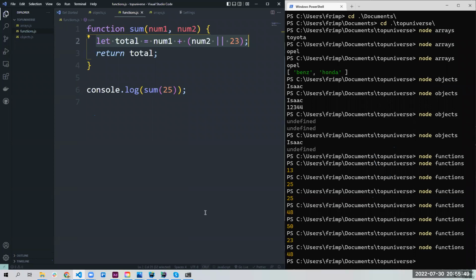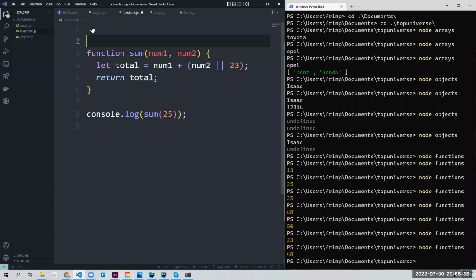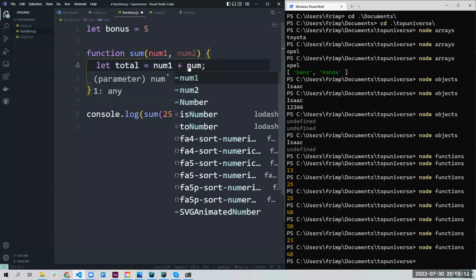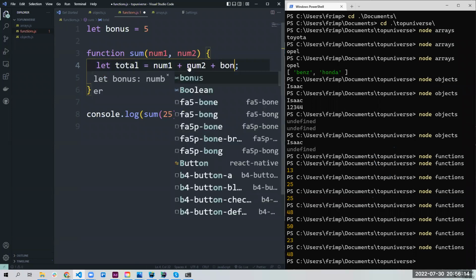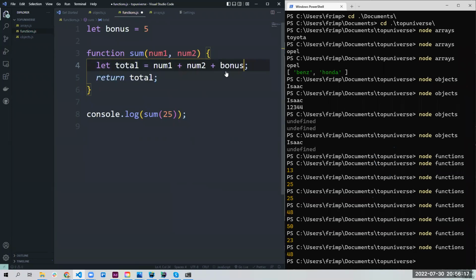Now let's see how we can do the global. The global can be something like this. Let bonus be equal to 5. Then let me do something like num2 plus bonus. This bonus is a variable that has been created outside and is accessible, or can be used, inside this function that we have created. So if I run this,